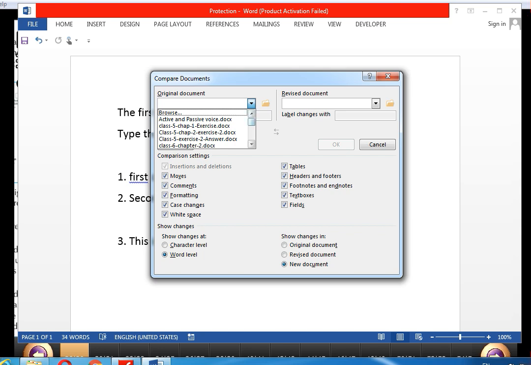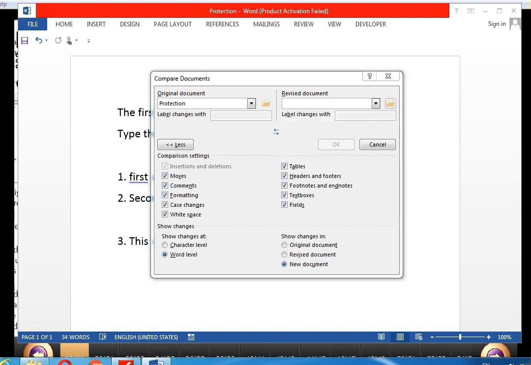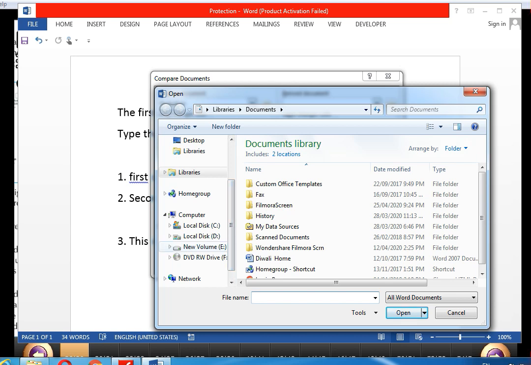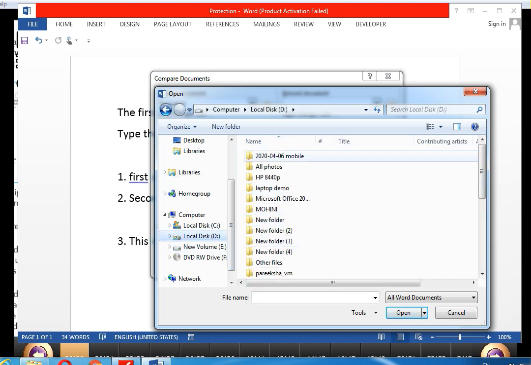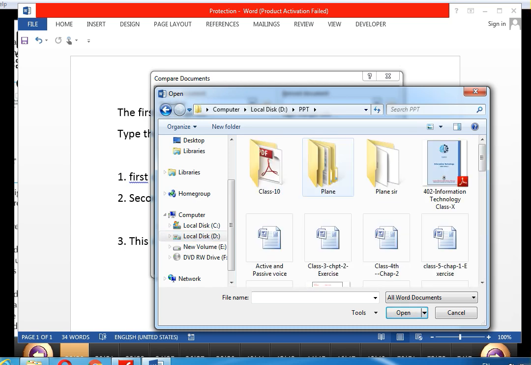Here we can choose the original file, and here we can use a different one, any different file, or we can browse from this point.